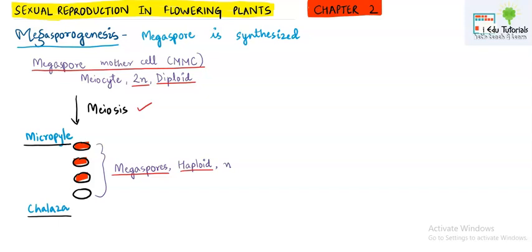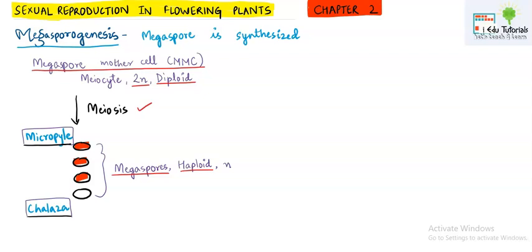Along with this, you also must know that the micropyle end is the one in the plant which is there on the upper side. On the lower side, there is an end which is known as the chalazial end, right? So there are two ends, micropyle at the top and chalaza at the bottom. Now here there is a difference between microsporogenesis and megasporogenesis. However, both are forming 4 gametes. 4 pollen grains were formed from one microspore mother cell. Here also one megaspore mother cell is forming 4 megaspores.